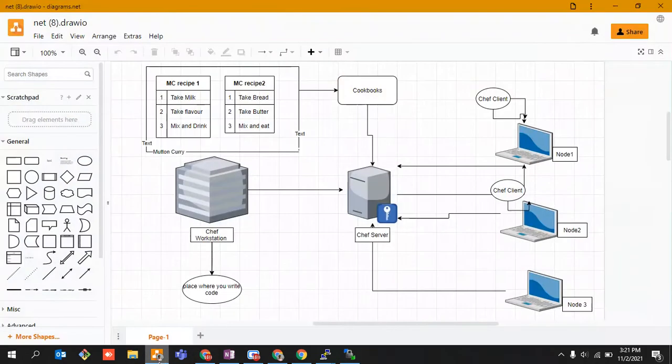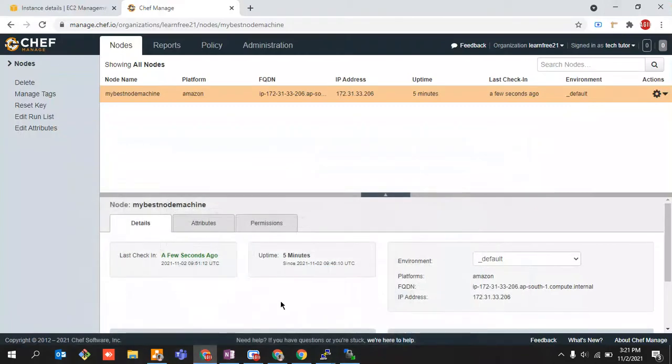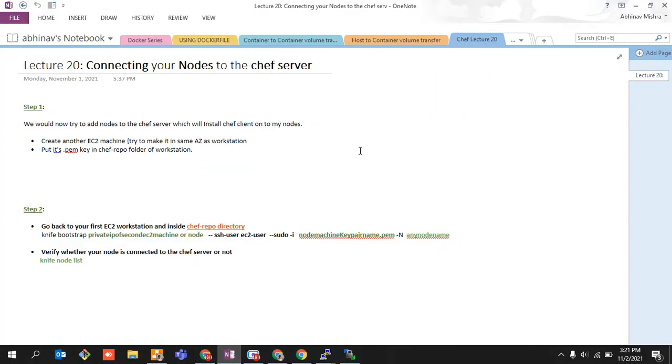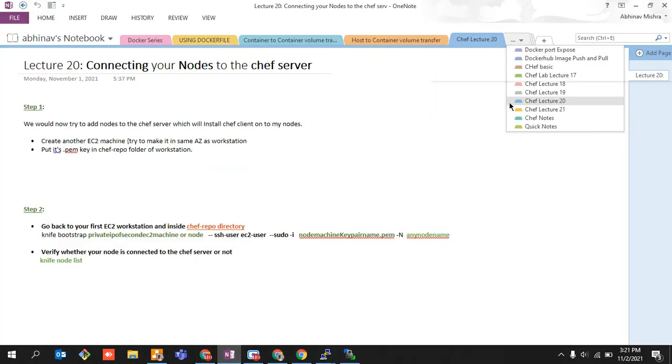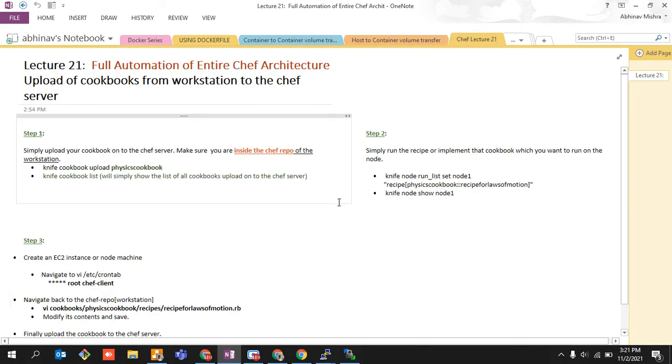Now comes the tricky part, and the very important, the easiest part. We will be writing something and uploading it onto the chef server, and guys, you will see that automatically something will happen over here. I'm not going to even touch this particular machine after some time, right? So come to the most exciting part of this lecture.